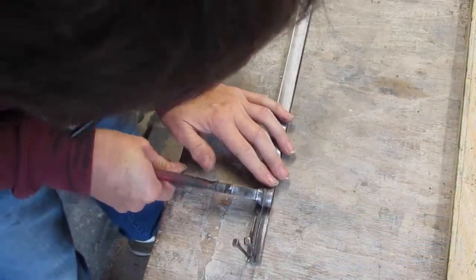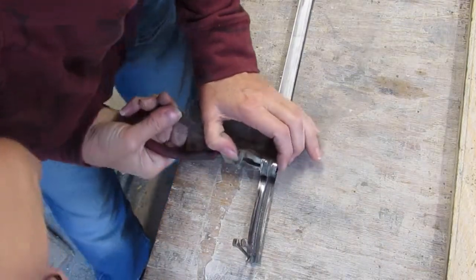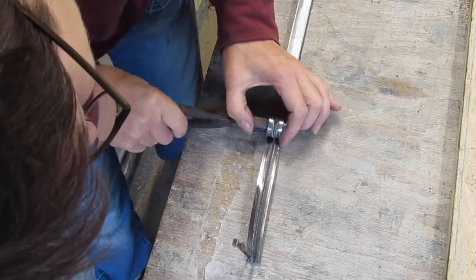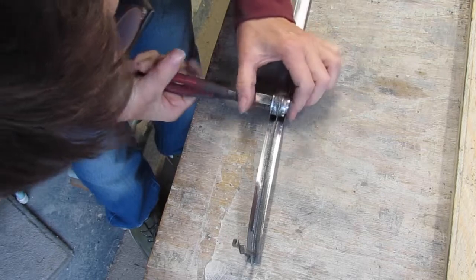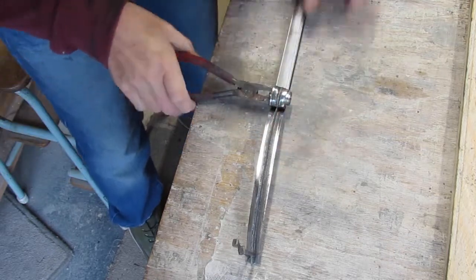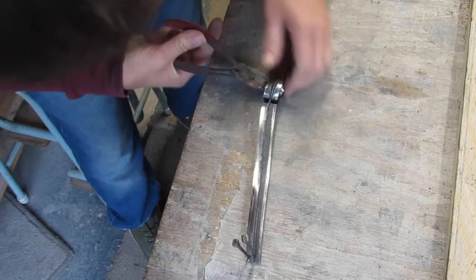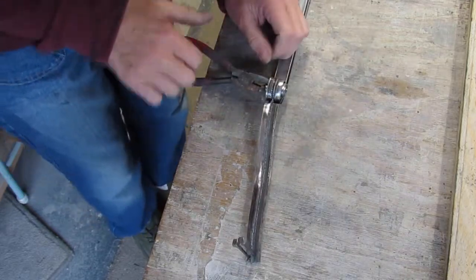So this is my method for removing the flange. It gives you a nice neat run. You do still have a ridge on the underneath of this, but if you try and snip it, you still have a ridge. So I've just got to a bit where